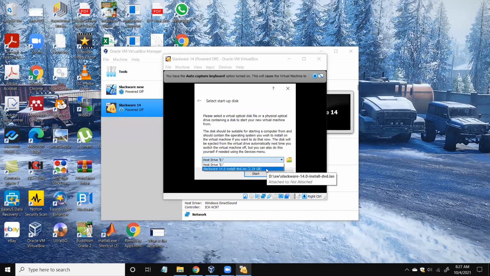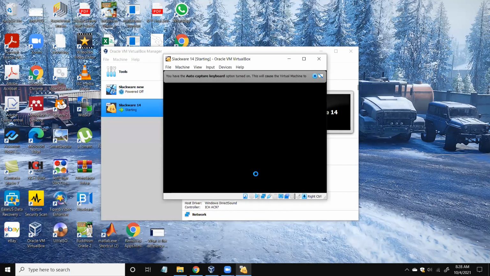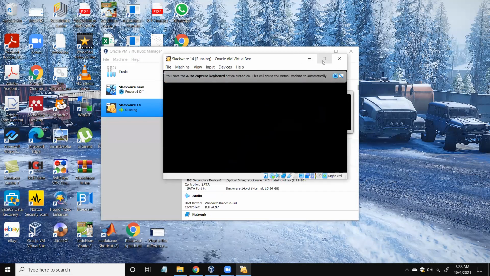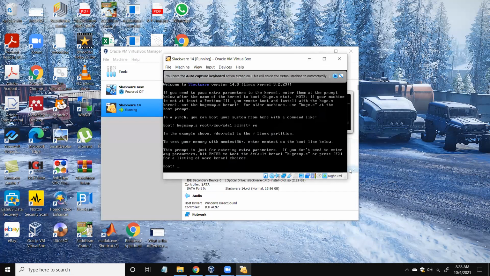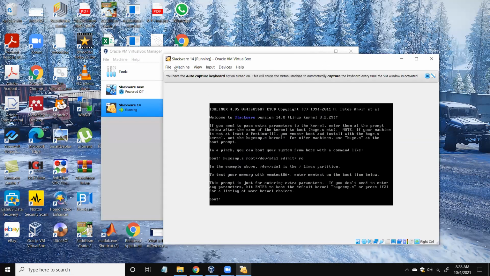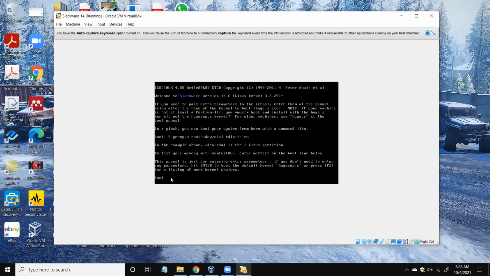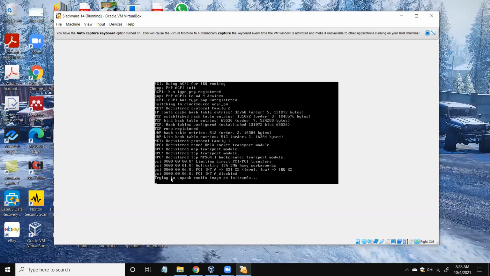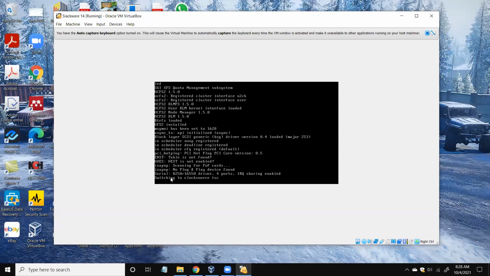So I will select Slackware 14 that I have used, right? So I have downloaded. Right. So we will start just by pressing enter.